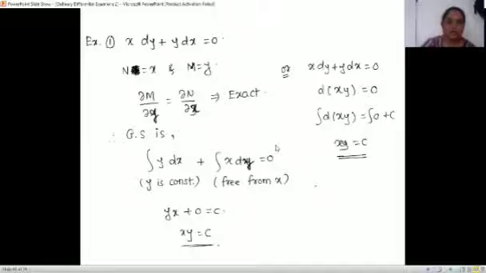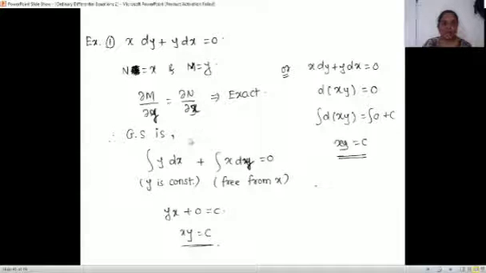Okay, then we'll check this. This is m dx plus n dy. We have to always write m dx plus n dy. Do not get confused. As here dy is first, so this is n. So n is x and m dx, so m is y. And now we have to check dou m by dou y, that is 1, and dou n by dou x, derivative of x with respect to x, that is also 1. So it is an exact equation.